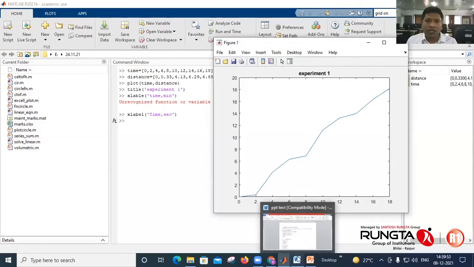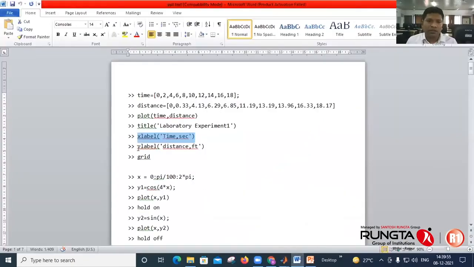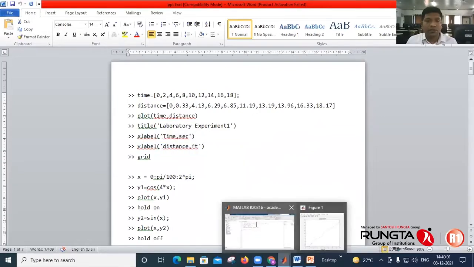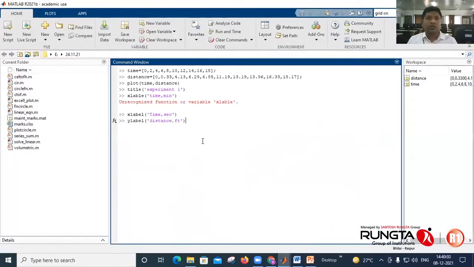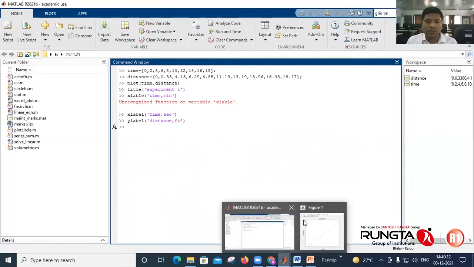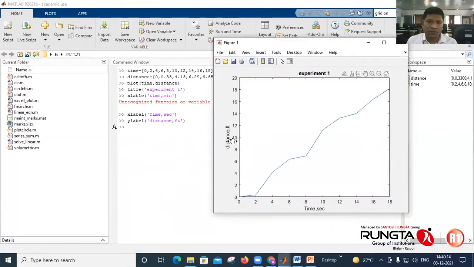Similarly, if you want a y label, type ylabel and the label which you want to put there, on the y-axis. Once you type this, the label will be visible in your figure. So this is distance.